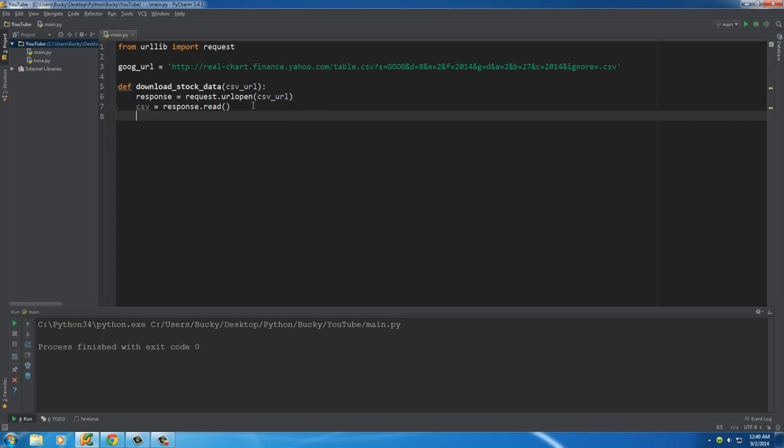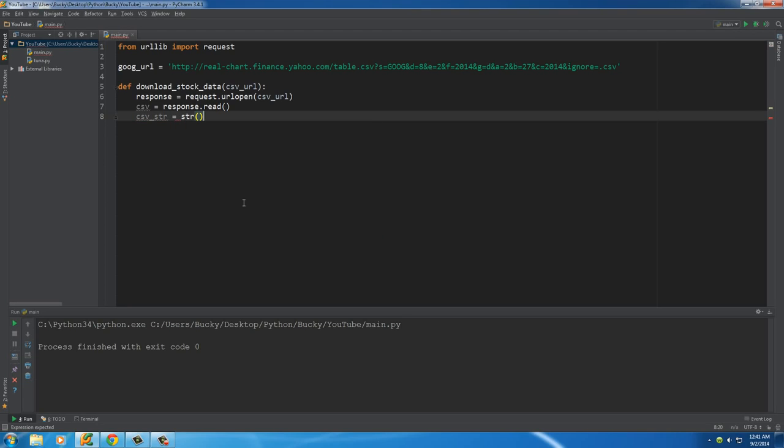So what I want to do now is, since we have all that data stored in a variable called CSV, I don't know if that's string data or maybe it's numerical data, maybe it's date data. I want to guarantee that the data we just read in is a string, so we won't have any problems later on. So what I can do in that case is put CSV underscore str